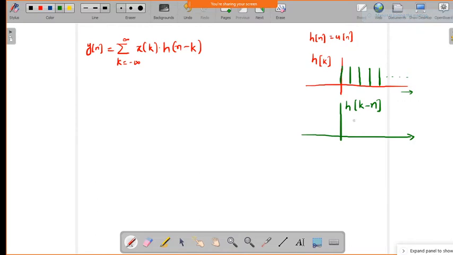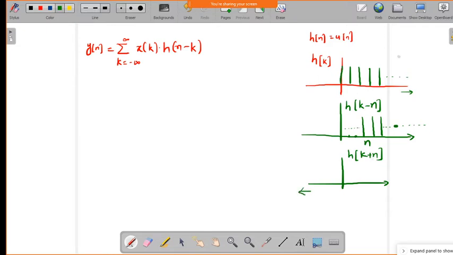Up to some value of n, the signal is shifted. Here in between it will be 0 values. From n it will start and it will end at infinity. So this is x of k minus n. Similarly, if I take h of k plus n, what will happen? It will shift the signal in the backward direction by the amount of n.